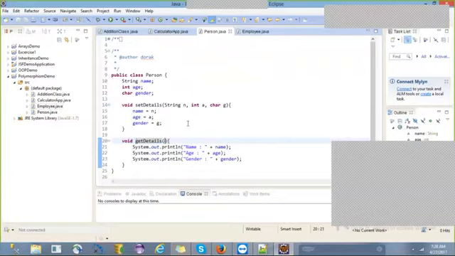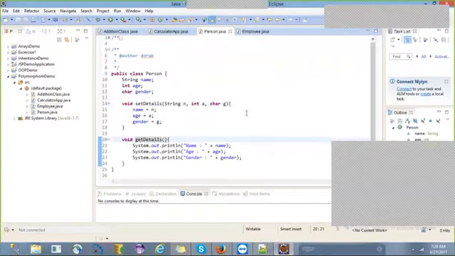How many parameters are there in the get details method of the super class, guys? Zero, right? No parameters are there.